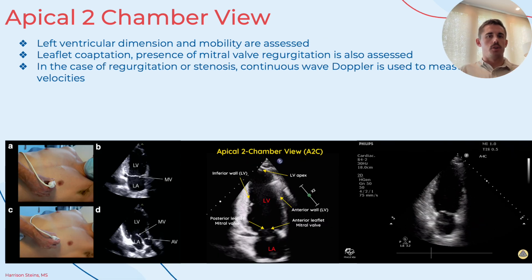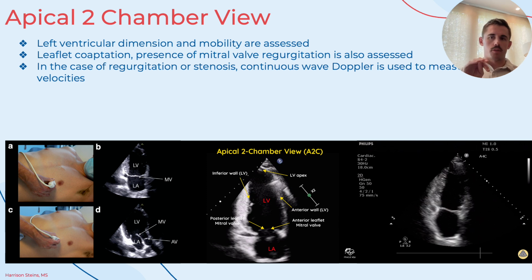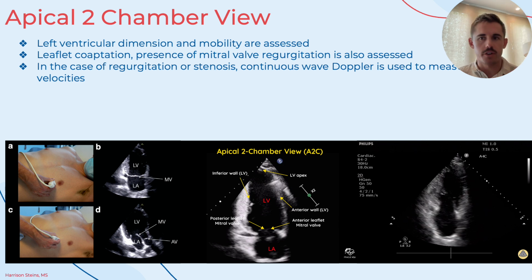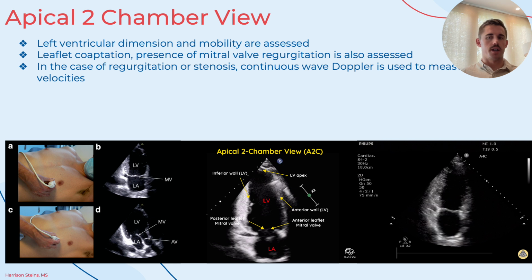Finally, we move on to the apical 2-chamber view. So in moving the transducer, you're starting from the apical 4-chamber view, then rotating 30 degrees counterclockwise, as shown in that first figure there. The left ventricle and left atrium, as well as the mitral valve, get to be visualized. And then you can also see the left ventricle and the anterior wall and the inferior wall as well. So we can assess for leaflet coaptation again, presence of mitral regurg, which at this point we've probably assessed 3 or 4 times. And then you can use continuous wave Doppler to measure